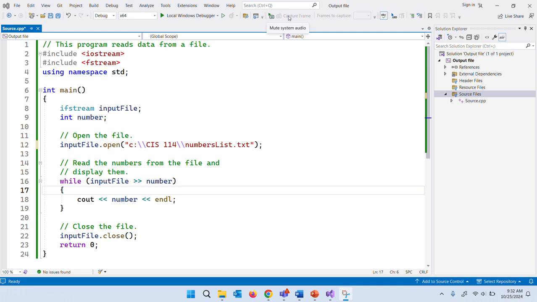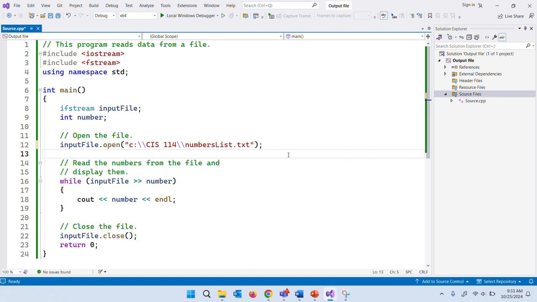All right, this is our second video. Our first video was on output. This one is on input. So last time we let our operating system, our IDE, our program, open up a file and save it to the folder that I asked you to make, the CIS 114 folder, in the suggested location, as close to your C drive as possible. Makes your path shorter. All right, this time we're going to input from a file,